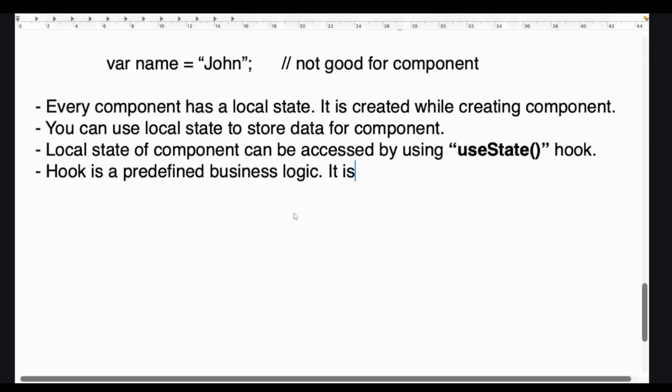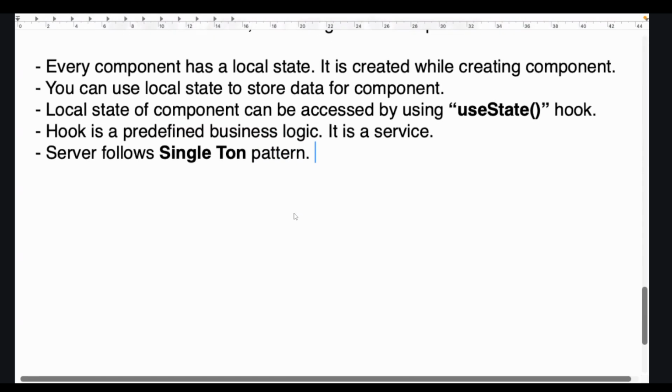It is a service. Service follows the singleton pattern. Later, I will explain the detailed hook concept, but